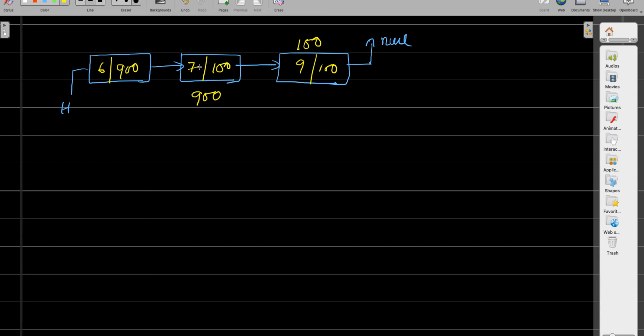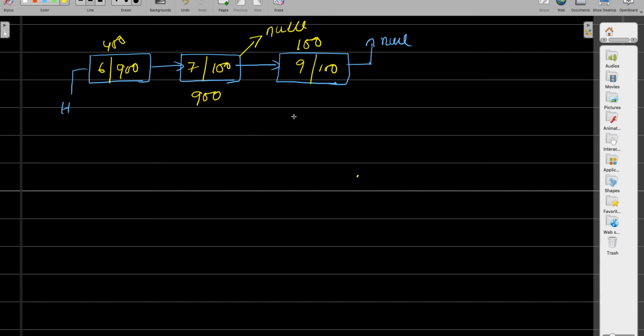And this guy has the address of 900, this is 100, and let's say this guy's address is equal to 400, so your head address is going to be 400. So it's a singly linked list, and your requirement is you need to remove the data from the end, which means for now your 9 is pointing to null, so you need to write a code where this guy should point to null now, right? This guy should point to null now.